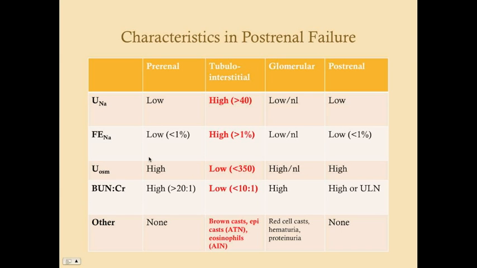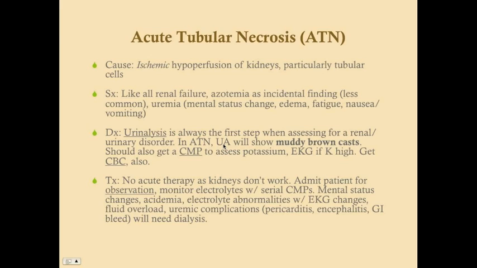In acute tubular necrosis, because our tubular cells are ischemic, they're going to slough off and die. So our urinalysis will show the result of that, which are dead endothelial tubular cells, and they appear as what's called muddy brown casts, and we'll take a look at this. Anytime we want to diagnose acute tubular necrosis, of course, the first thing we do is urinalysis, but we should